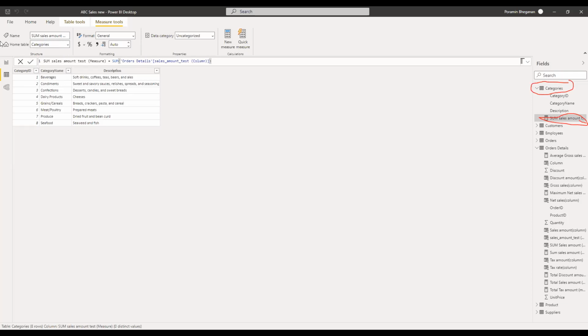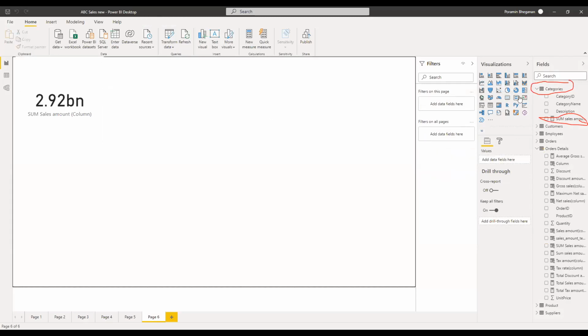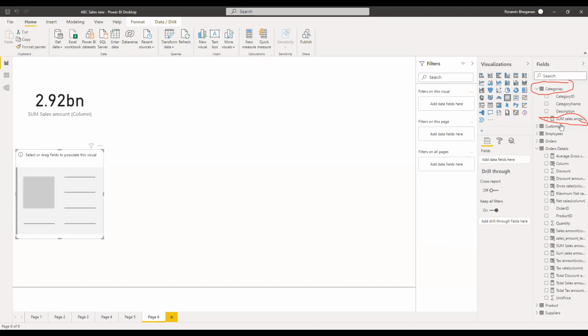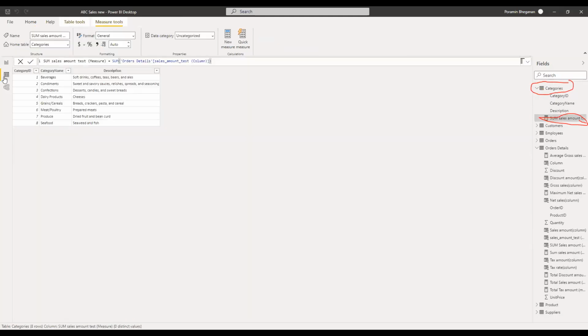And if I just want to show my measure here, I can easily just go to the categories table and then choose sum sales amount test in here as well. So in this one, as I told you, it doesn't have any problems for the measure to be put anywhere. It's different from our column, because in terms of column,